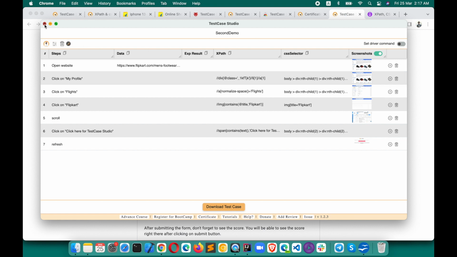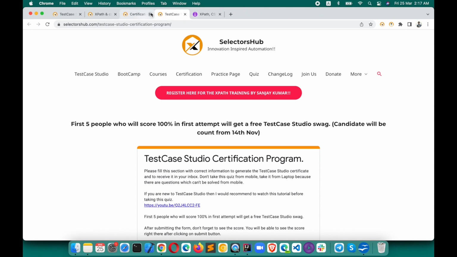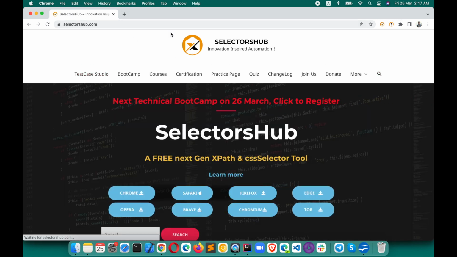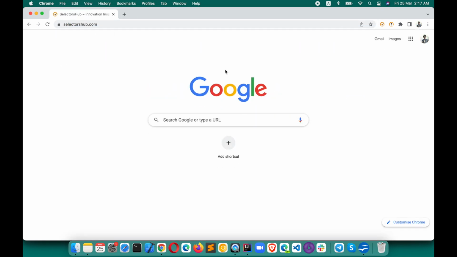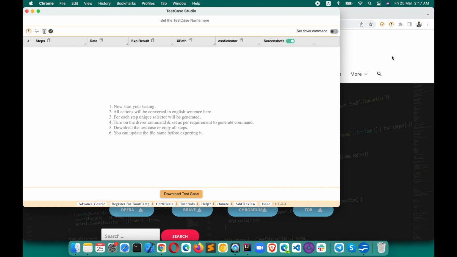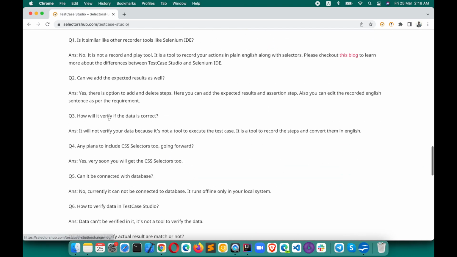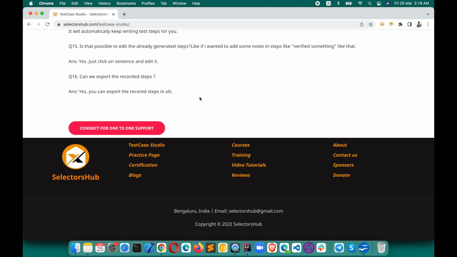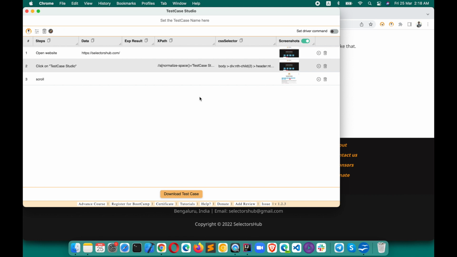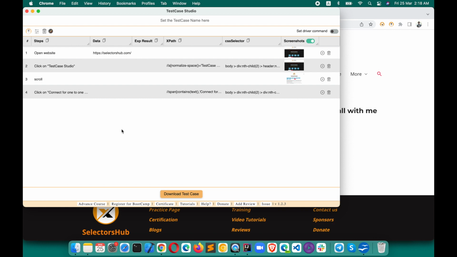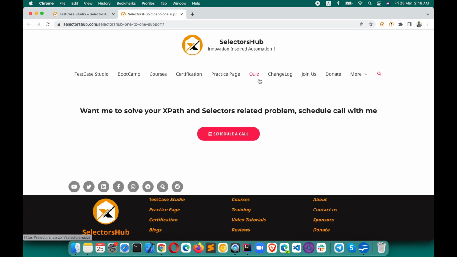So let me do one thing: close all these, because too many things are open and confusion is happening here. Okay, let me start fresh. Let's say we have opened a website, go to selectorshub.com, and we started TestCase Studio. Suppose we click on TestCase Studio and scroll down until we reach the bottom here. Now open here. How will we know where we started this scroll and where we landed? Suppose I click on this, and there are lots of buttons here. If I click on this,